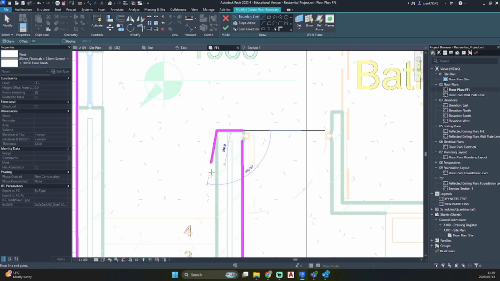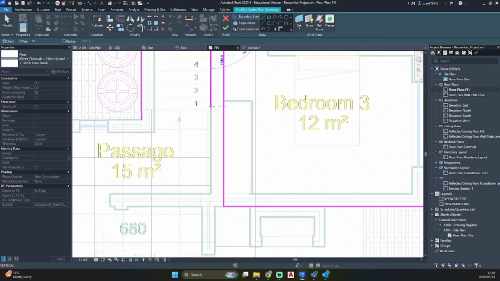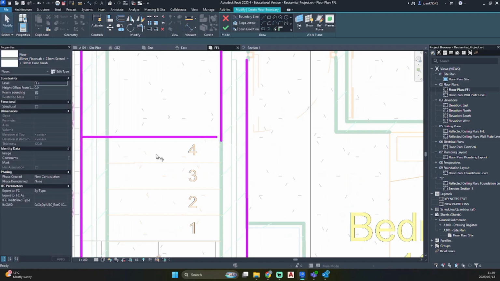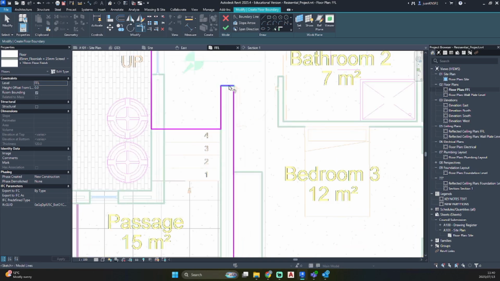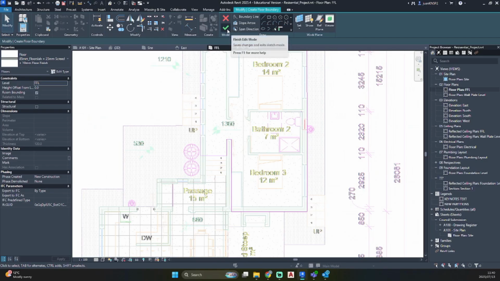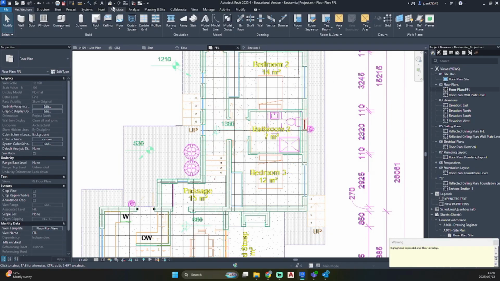So this one will go around and to the top of stair number 4. Let's trim and extend those corners and let's hit OK.